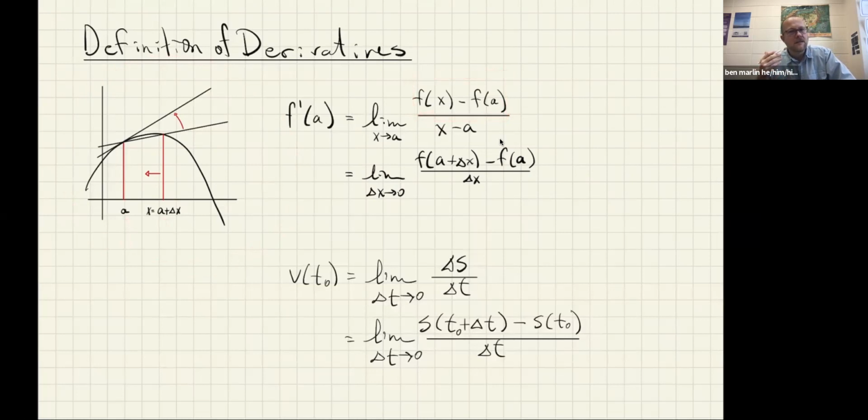That means the difference in the height of this point here and this point here. So f of x minus f of a, and then we're going to divide it by the difference between x and a. So that's going to be the distance across there. What is that formula? That's rise over run. You've totally done this sort of thing before, but the algebra is going to be maybe a little bit